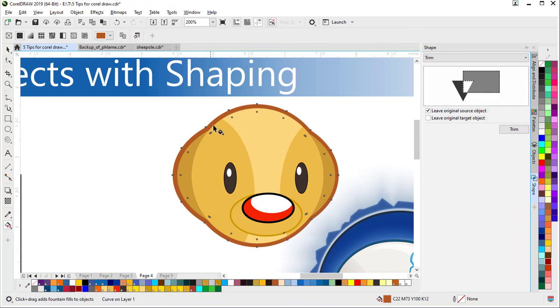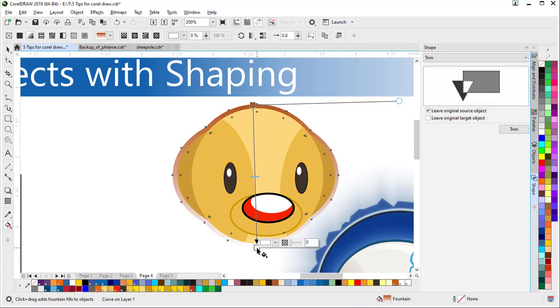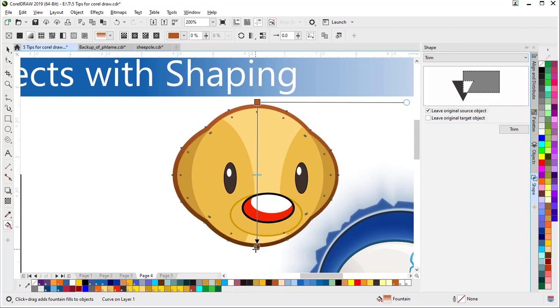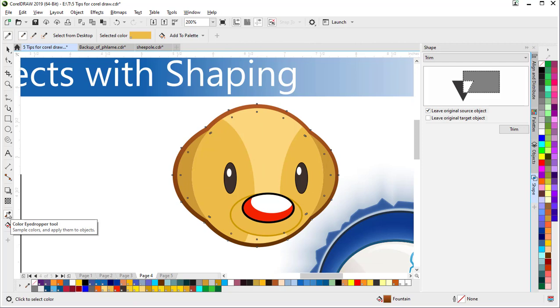So I'm going to go to the Interactive Fill Tool, and I'm just going to drag this from top to bottom, and when I do that, it's going to make this kind of gradation from brown to white, which is really nice because then we can take multiple colors. So I'm going to choose a different color. I'll choose this darker brown here from the CorelDRAW color palette, and then I'm going to choose a different color in this middle section. I'm going to click my color eyedropper tool. I'm going to select that color. So now I've got that color selected,